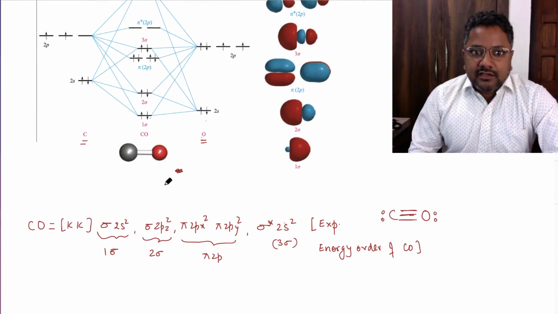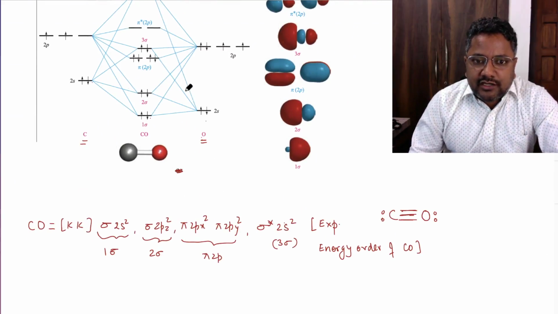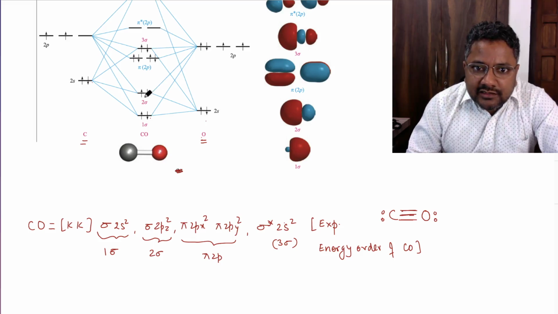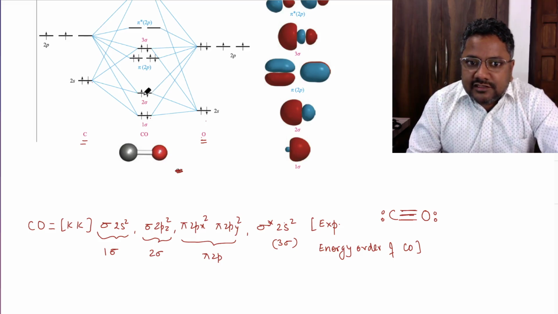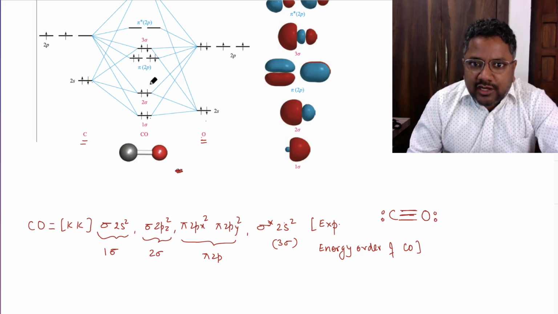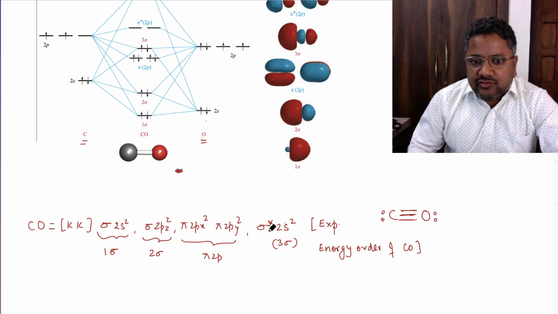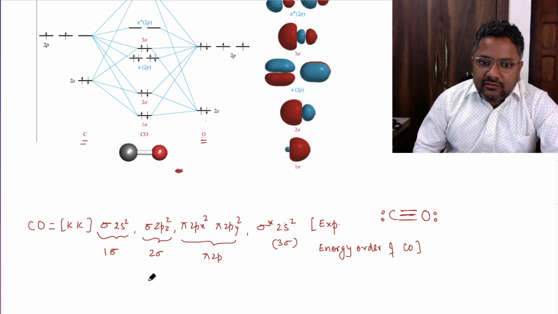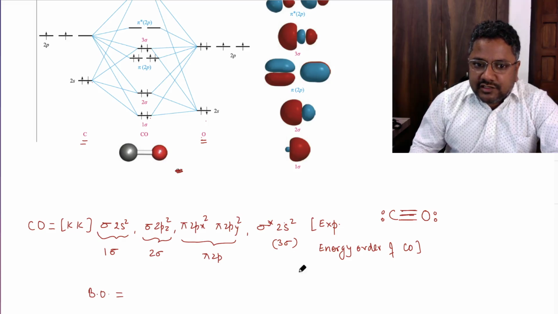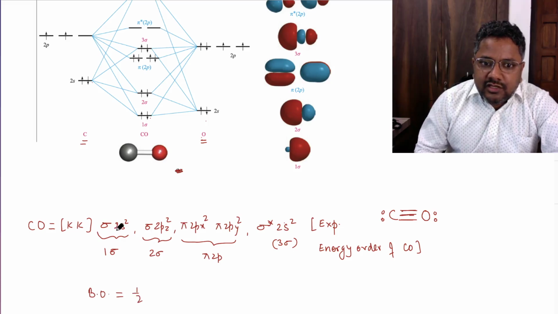Although they have shown so many things here, see in this orbital, this 2p character is coming. You cannot say that this is for this and this. Okay, there is some correlation, but it is not pure. So this is the experimental order. Now you can calculate the bond order. Diamagnetic, yes, it is diamagnetic. Bond order is 1 by 2, 8 minus 2